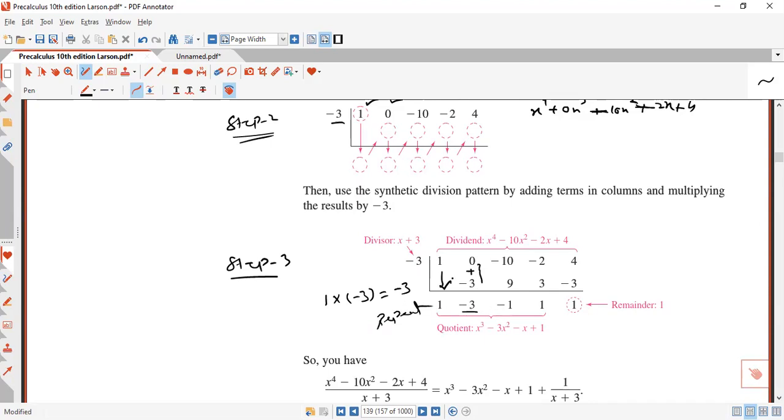Multiply negative 3 with negative 3, which becomes positive 9, and while adding, negative 10 plus 9 will become negative 1. Then repeat: negative 1 times negative 3 becomes positive 3, and minus 2 plus 3 will become 1. And again, repeating, 1 times negative 3 will become negative 3, and after that you will get